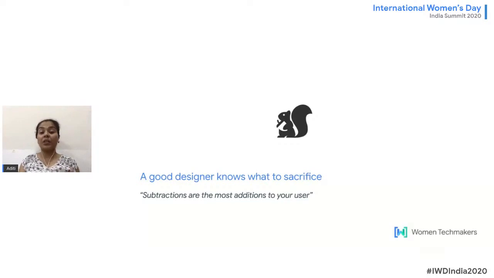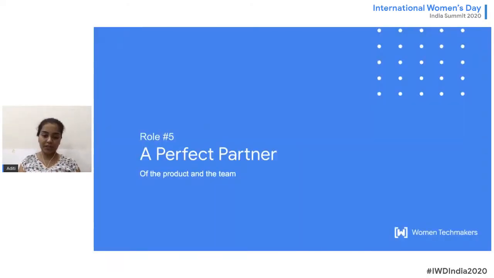So good designers should know how to sacrifice, and rationally sacrifice, not just sacrifice for the sake of sacrificing. That's the fourth role that a designer should be playing while working in a startup, along with the process that they follow. The fifth and the most important role that we think we should be playing is